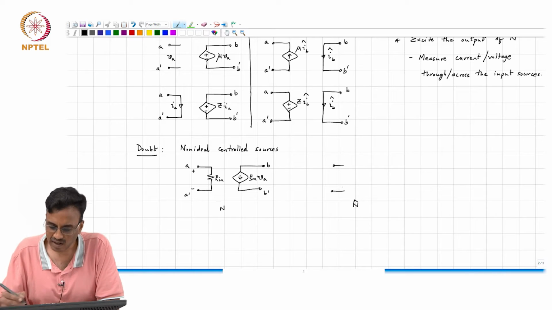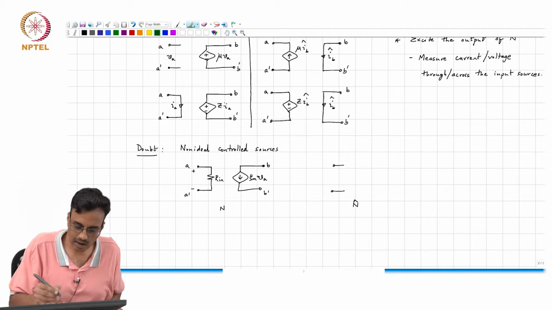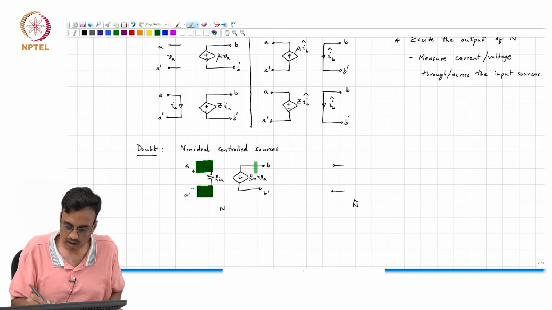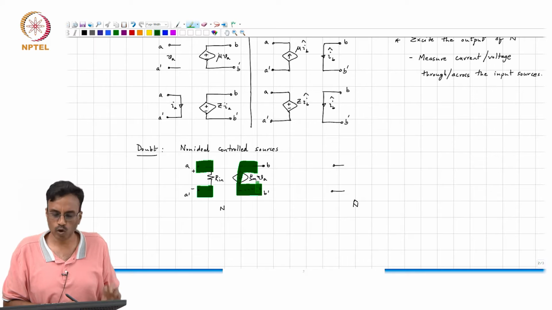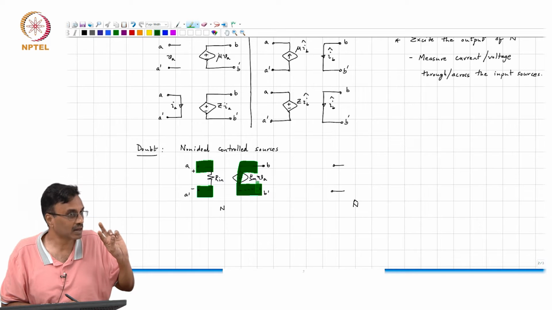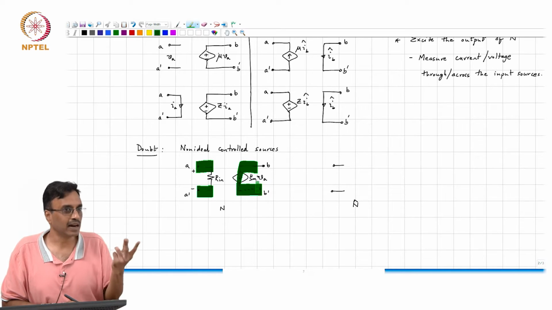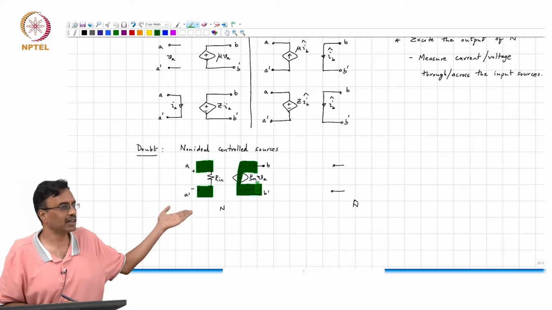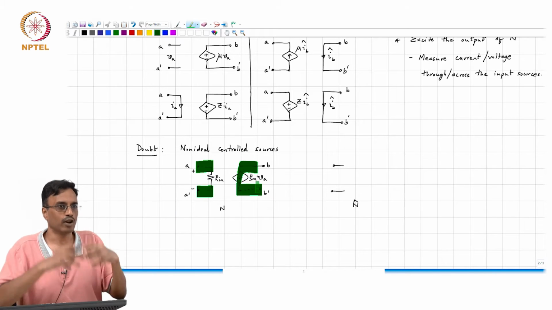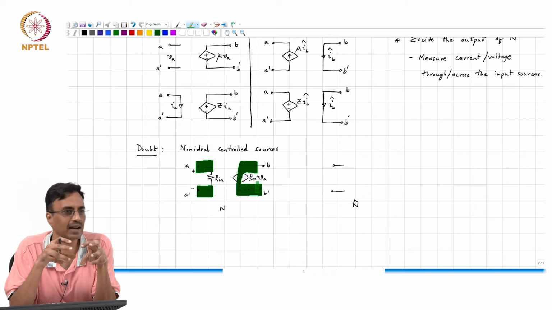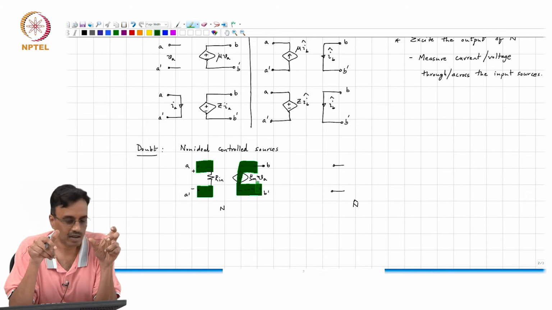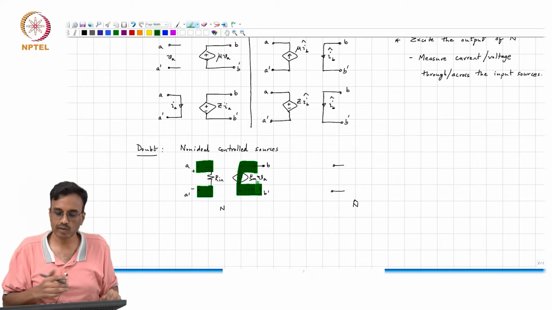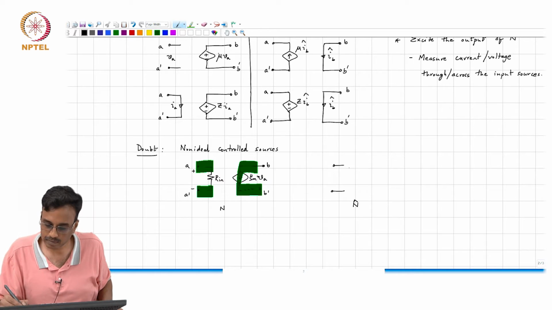Very good, right? Remember, this is still an ideal control source, correct? So you only need to flip the controlled source and leave all the other non-idealities. I mean, a non-ideal control source is simply an ideal control source with some resistors here and there, right? So all that you need to do is to flip